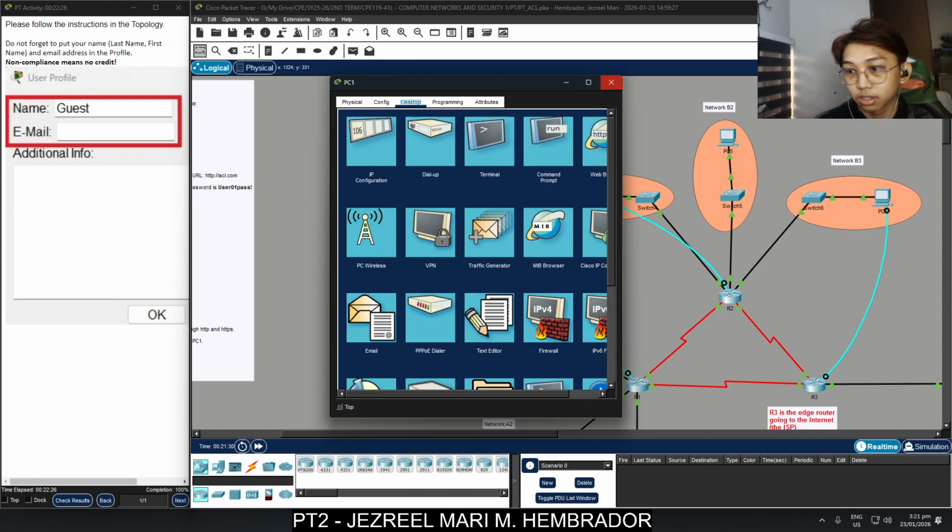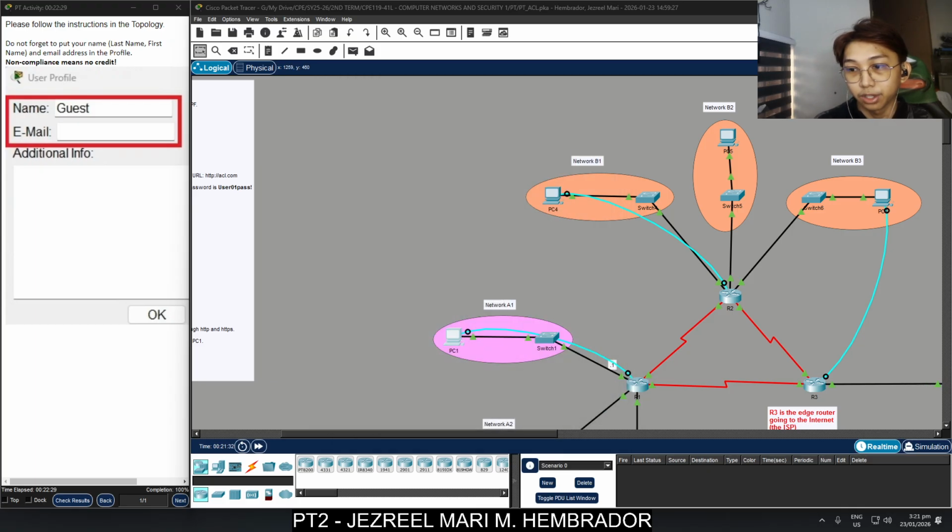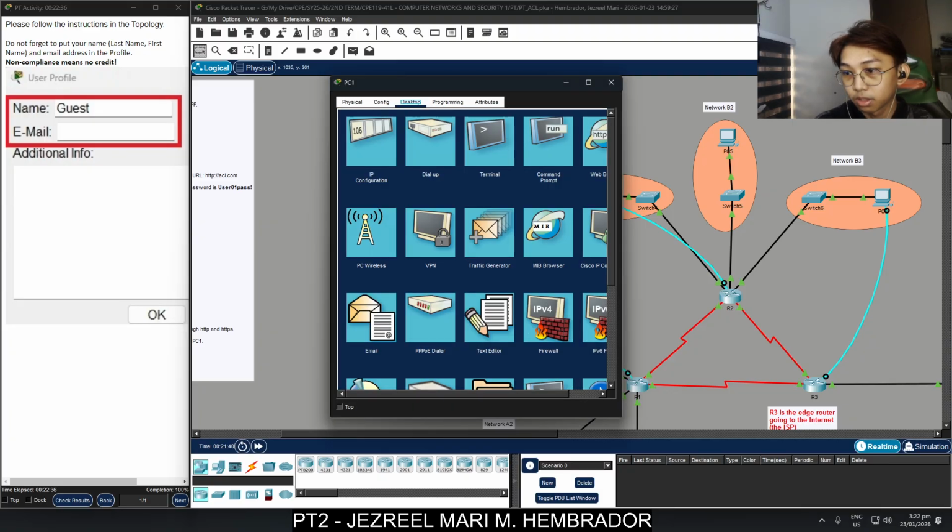So next, we're going to verify R2 filtering, which is the ping action. We're going to stay on PC1. PC1 should be allowed to ping network B3.